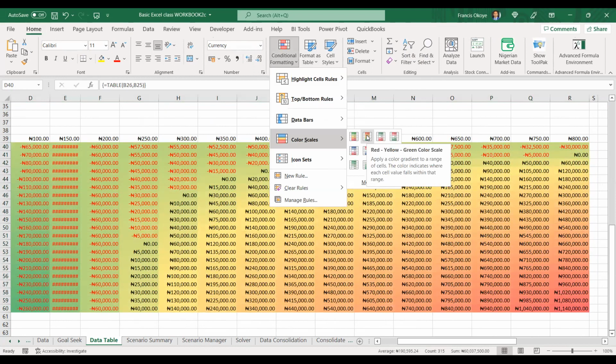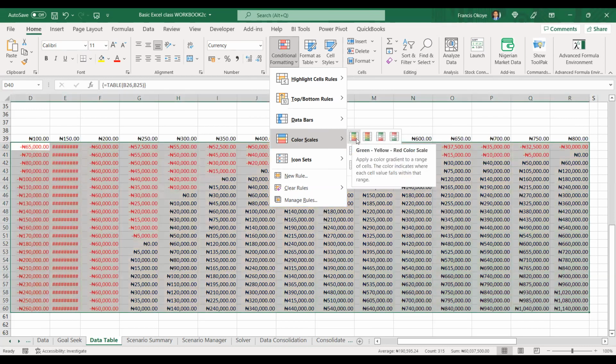So the higher the profit, the better, isn't it? So when I'm doing the conditional formatting, the ones that have profit should be green, the ones that have losses should be red. Do you understand? If it was a cost, I will switch it. We want a lower cost. So the higher the cost, they will put that in red. The lower the cost, I'll put it in green. So that's exactly how you format it.